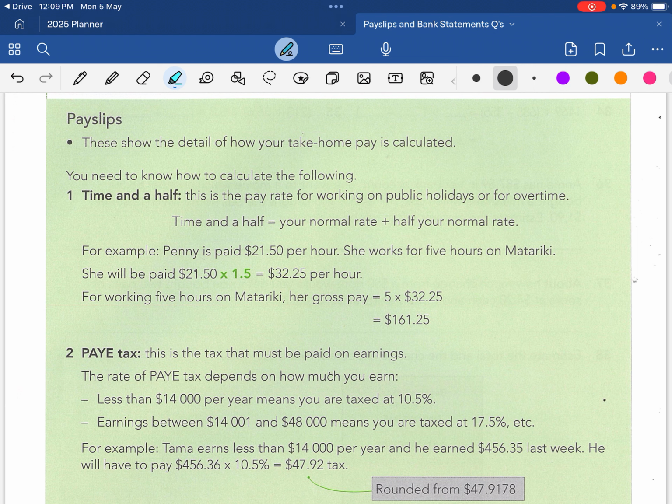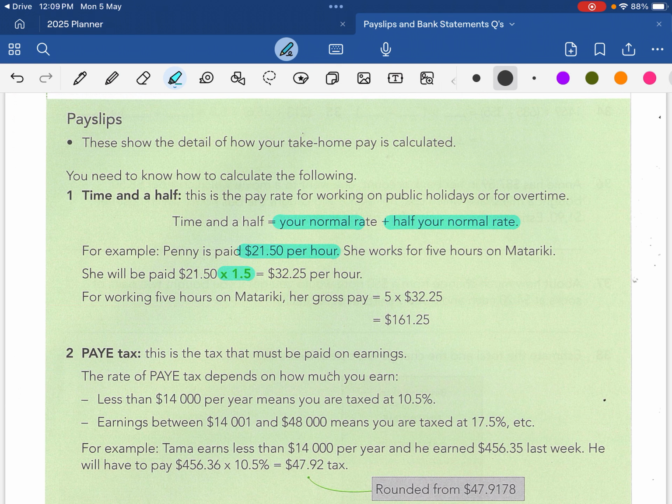So you might have heard people talk about going in and working on public holidays or maybe doing some overtime to earn time and a half. And this literally means your normal rate plus half of your normal rate. And the easiest way to work this out is to multiply your normal hourly wage, so in the example that we've got here, Penny's paid $21.50 an hour, by 1.5. So if you do $21.50 times 1.5, you'll get $32.25 per hour, and that is Penny's time and a half